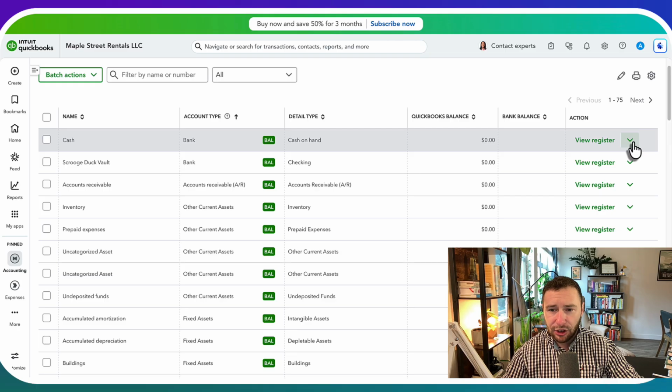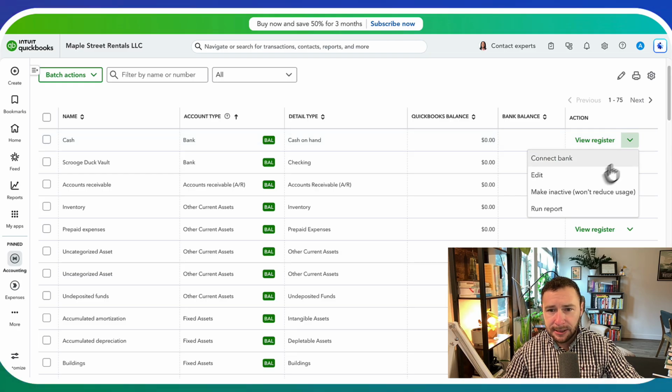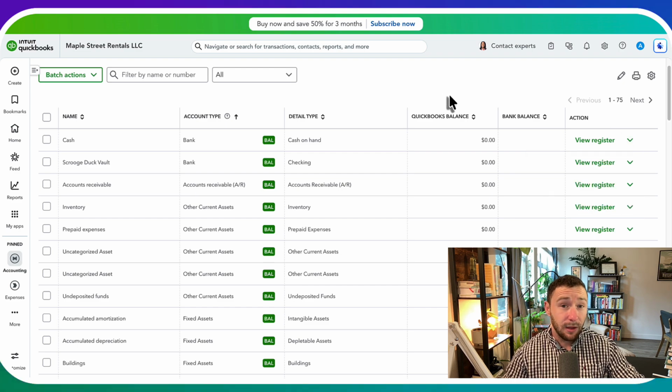And the chevron on the right is basically an action tab. Here's an option to connect this bank account, to edit the account, make it inactive, or run a report. So that's pretty nifty. All right, you're doing great. I applaud you for learning and sticking around. Next, we're going to move forward and